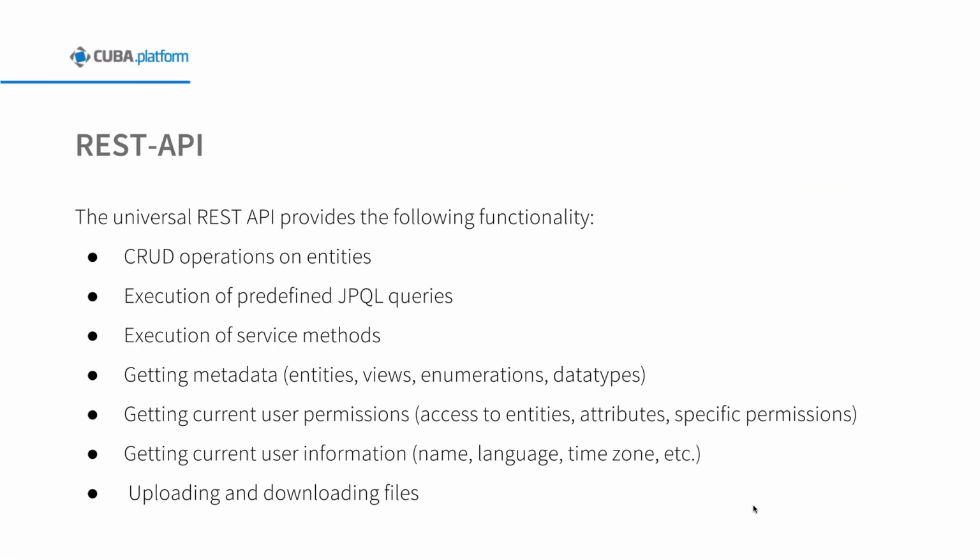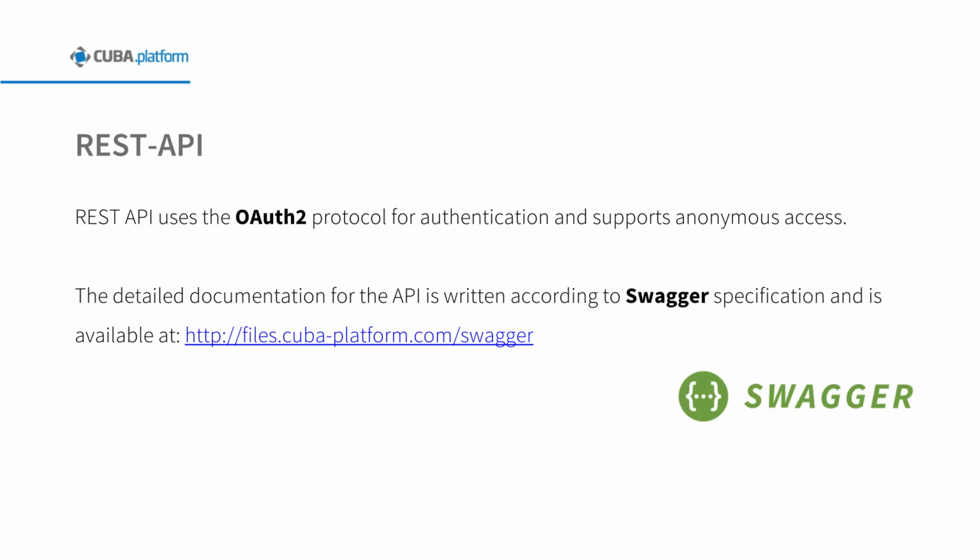The Universal REST API provides the following functionality: CRUD operations on entities, execution of predefined JPQL queries, execution of service methods, getting metadata, getting current user permissions, getting current user information, and uploading and downloading files. REST API uses the OAuth2 protocol for authentication and supports anonymous access. The detailed documentation for the API is written according to the Swagger specification and is available at